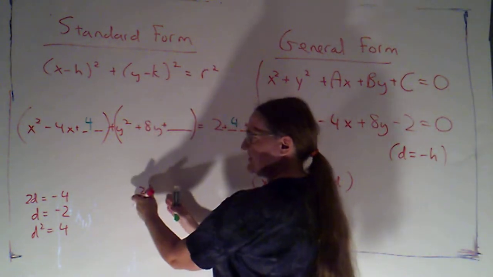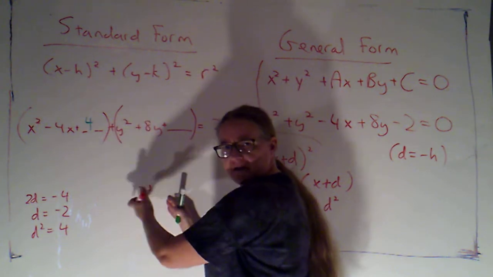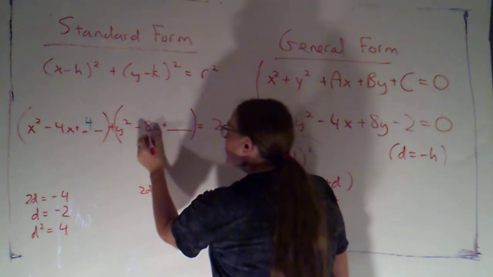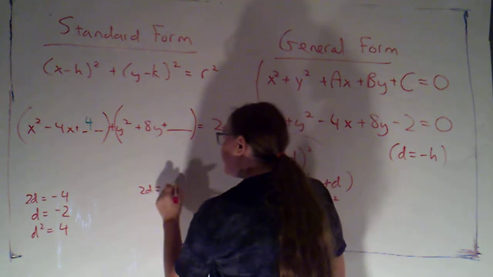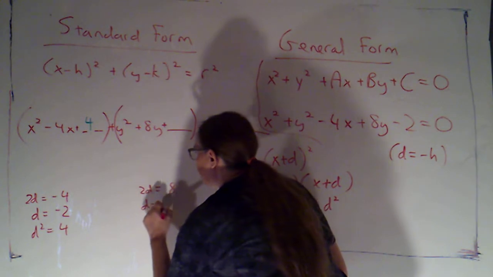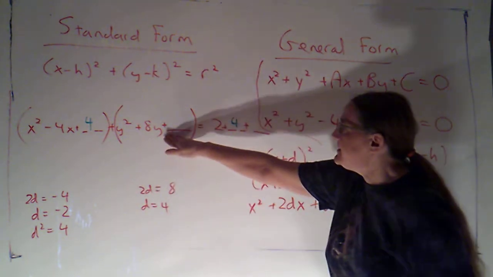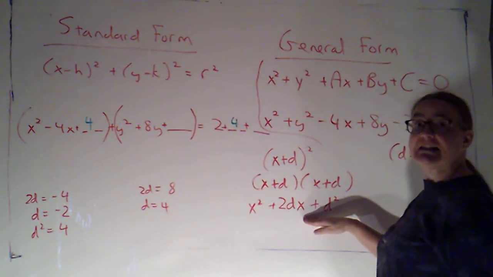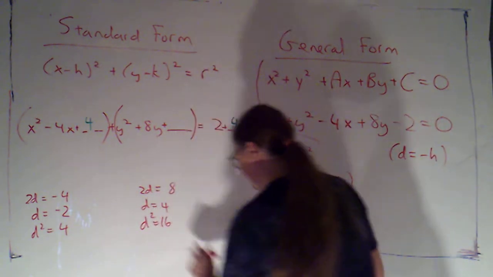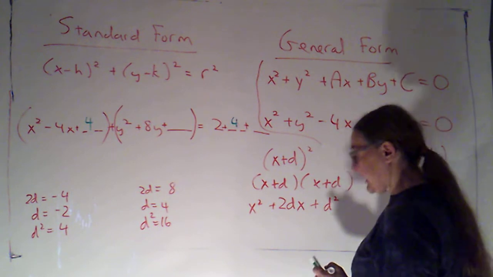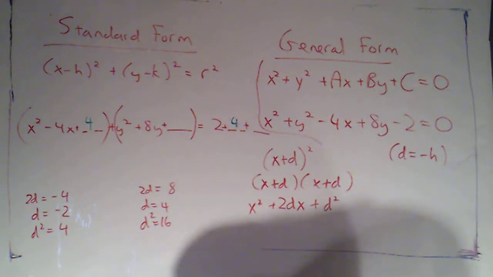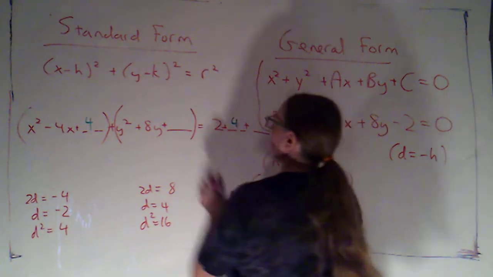Obviously, this choice of d is going to be different from that one, but I'm just going to recycle the name. The number of y's that I have is 8. So I can solve for d. d would have to be 4. If this is going to match this formula, d has to be 4, but that would make d squared equal to 16. So then I can add 16 to both sides of the equation,